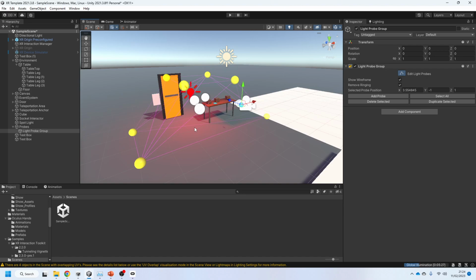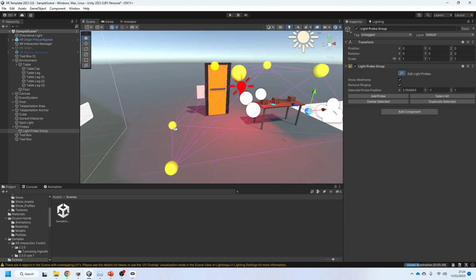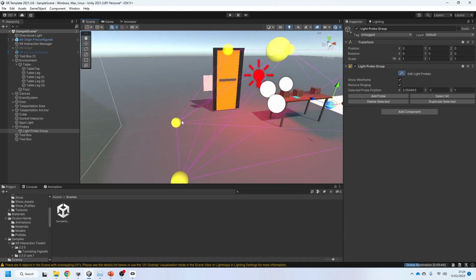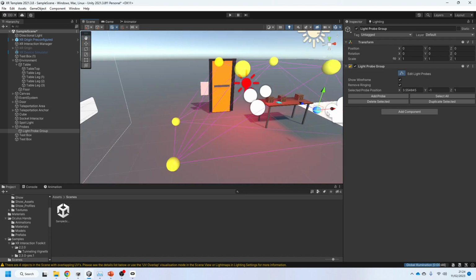But you add a probe group and it will pass information to whatever 3D object is in that zone, going, hey, you're about to move into an area of red, you should probably start going red now. And you'll find that if you have probes that straddle an area of illumination, so if I've got one probe there and one probe there, let's say,